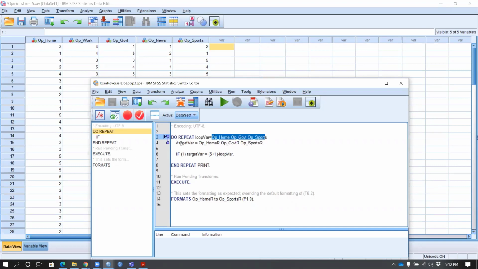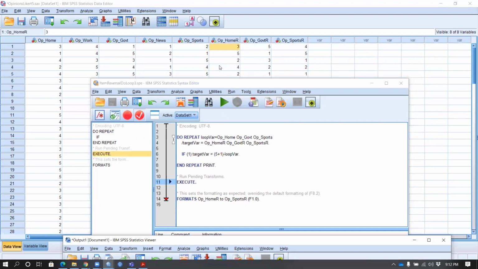And then I have another variable here called target variable that's going to contain the list of new variables that's going to have the reverse coding. So in the next command, I just do the reverse coding formula that we know, complete my transformations, and set the formatting. So run, and now we see, for example, under home, it went 3142, so the reverse would be